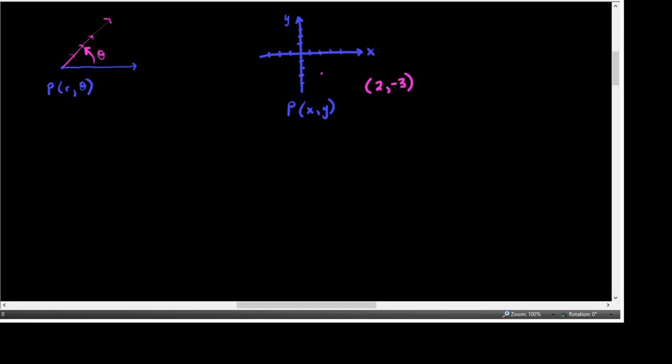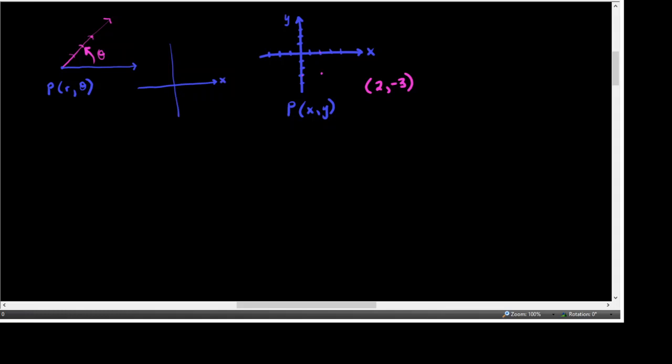Okay, so what is the connection between these two? Because you could very easily see the pole placed over the origin and the polar axis over the x-axis, and that you could actually have points and be trying to find their polar coordinates or their rectangular coordinates and vice versa, being able to convert between the two. So if we were to do that, we need to realize that in order to relate those four variables to each other, x and y related to r and theta,